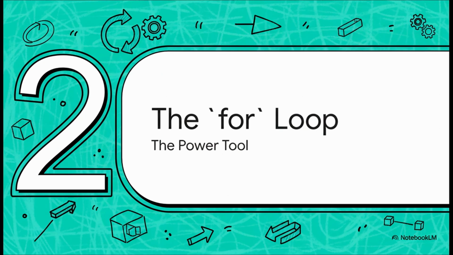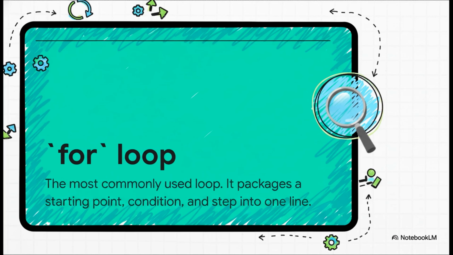So while loops are great, super versatile, but honestly, for a lot of the stuff you'll be doing, there's an even better tool. It's time to grab the real power tool from our kit, the for loop. And trust me, this is the one you are going to see and use all the time. So why is it so popular? Well, it's because it's built for one very specific, very common job: when you know exactly how many times you need to repeat something. It packs everything you need, where to start, when to stop, and how to count along the way, all into one neat, tidy little package.